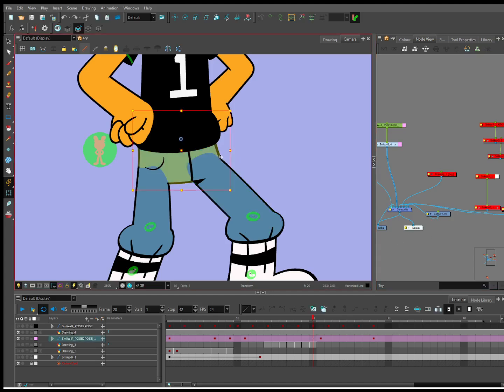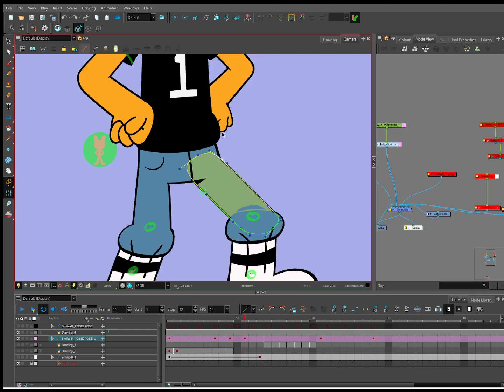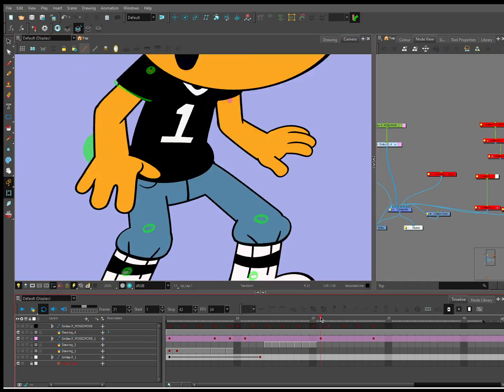There's this space right here, like, this line is going directly into the hip, and then it's not, it's going down here. So technically the leg is already kind of cheated, but it's not the most correct, but it's fine. There we go.